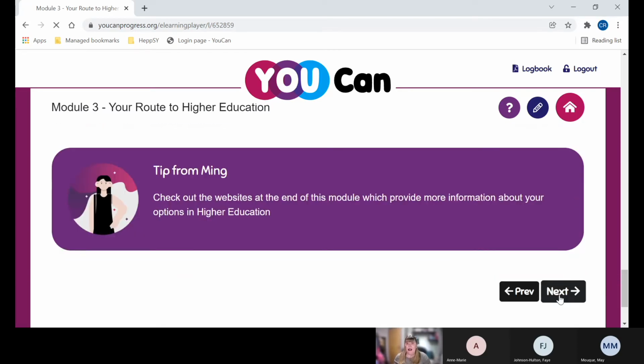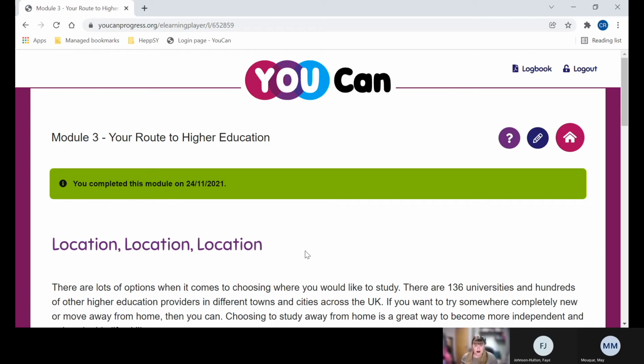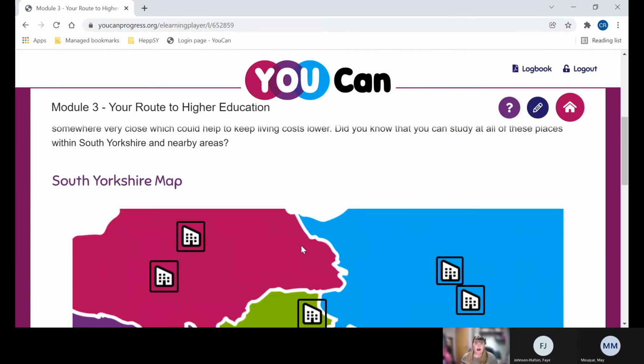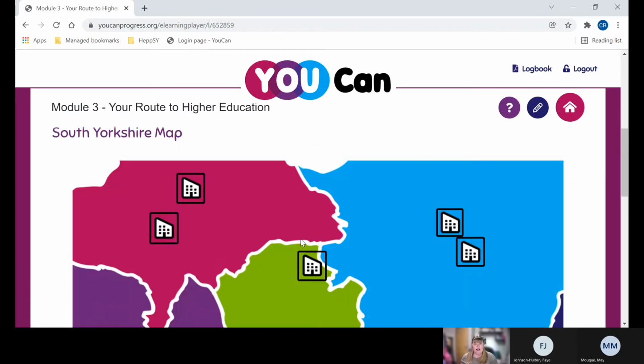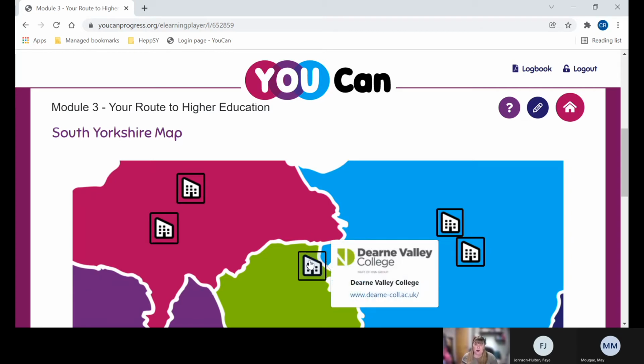section. We then click next, so still in module 3, we arrive at the virtual or interactive map of South Yorkshire. Now, this interactive map of South Yorkshire is designed to help students visualise studying closer to home as an option, and it covers colleges and universities across South Yorkshire. It really promotes the idea that HE doesn't always mean moving far away, and as you can see when I click, so for example here, it shows me the centre as well as a signpost to their website for students